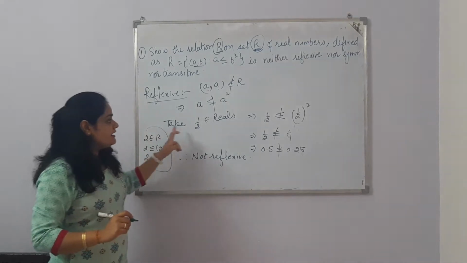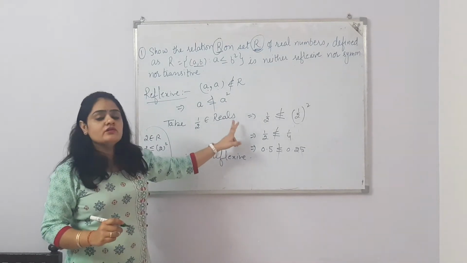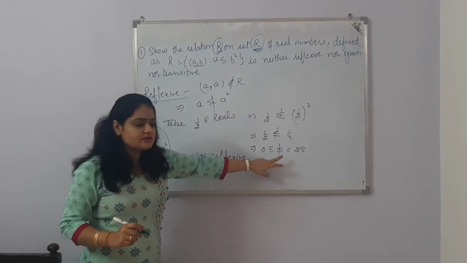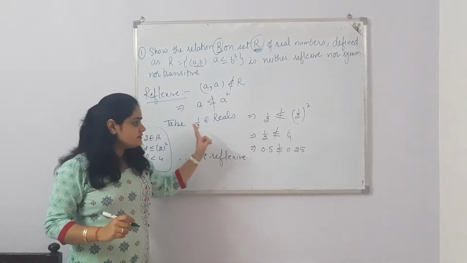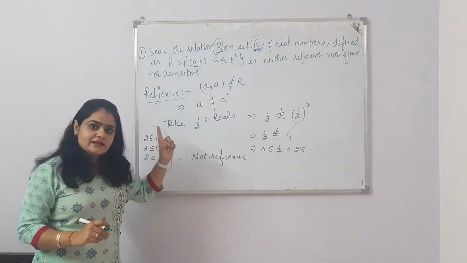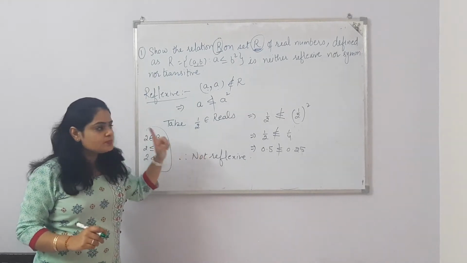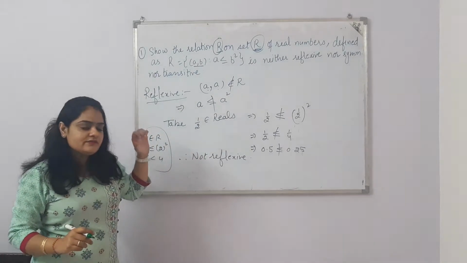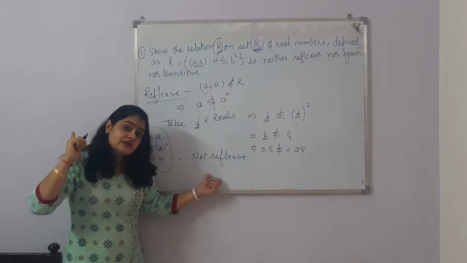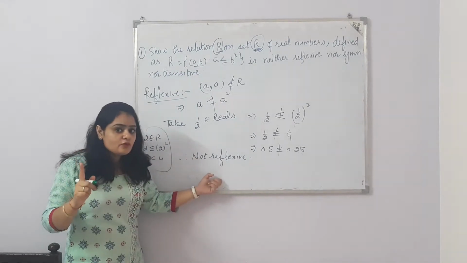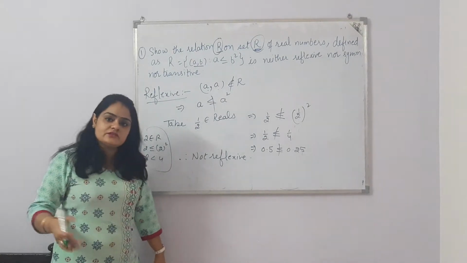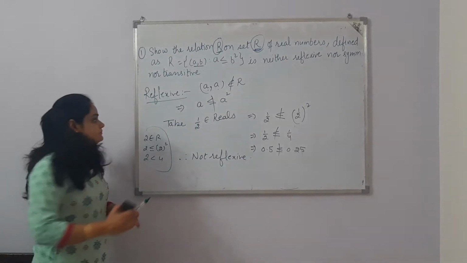But whenever we take rational numbers, because rational numbers are also real numbers, the relation is not true. So for the whole of reals, because one case is there for rational numbers where it is not true, as a whole we can say the relation is not reflexive. If even a single case is not proving the relation, that means the relation is not reflexive. The same with symmetric and transitive, we'll do now.